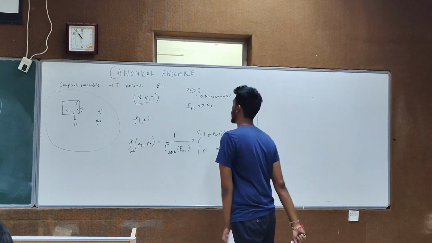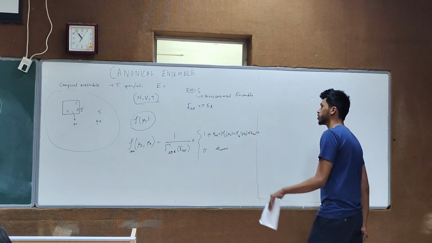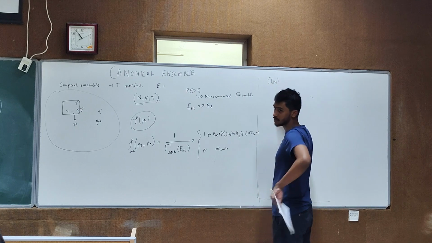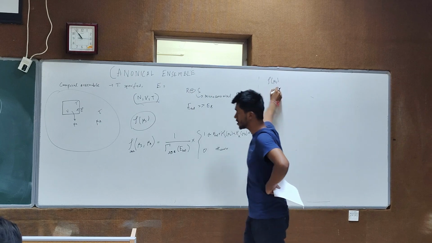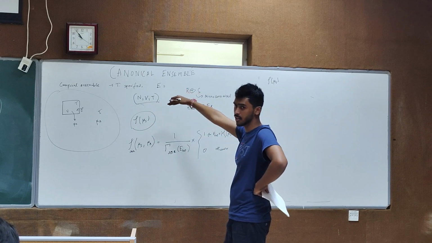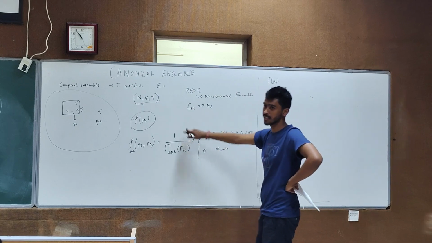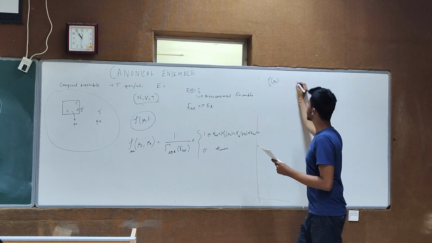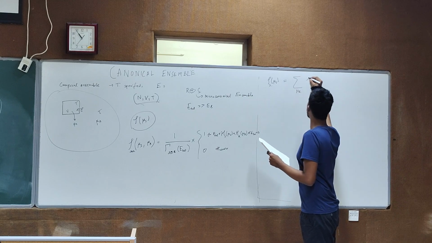So now what do we have to find? We have to find this rho of μs. How do you find this? This is the probability that your system is in this microstate. And when your system is in this microstate, your reservoir can be in many microstates. So you need to sum over all the microstates of the reservoir of this probability to get the probability of your system. So this is basically the sum over μr of rho of